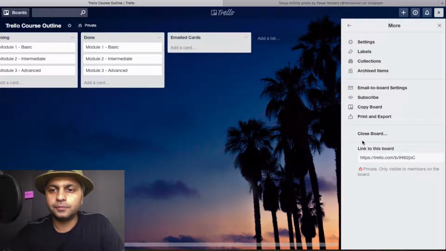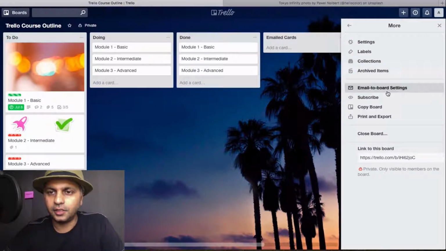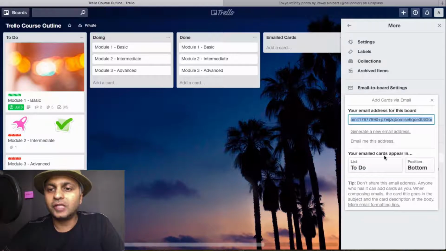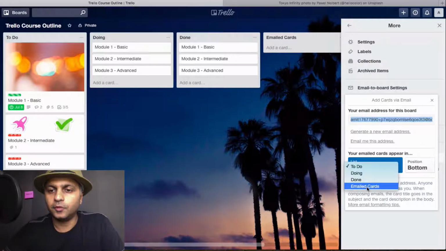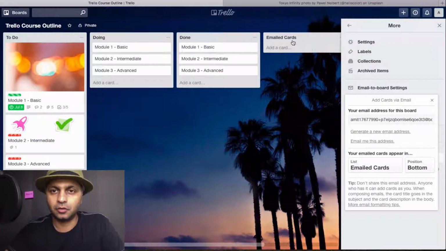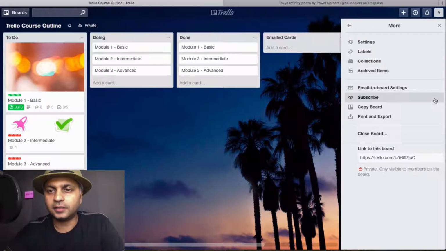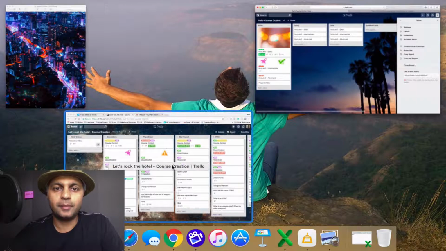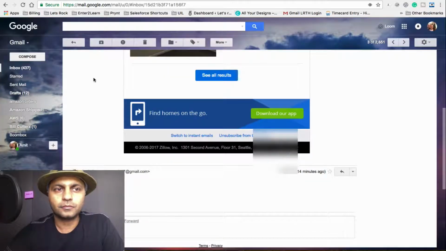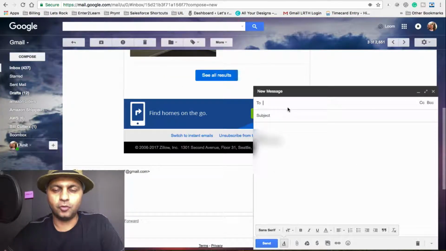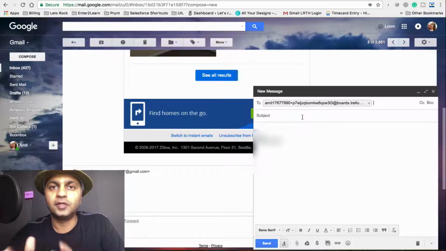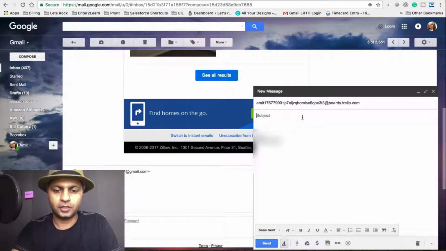So what you can do is, let's go back to our settings here, email to board settings. Trello is asking where your email card should appear. I'm going to say in this list which we just created called email cards, and it should always be in the top position. And that's it. That's how it works. Now let me show you what happens if I go to my Gmail, compose a new email, and put in that email address that I copied, which is the email address for the board. I'm going to type in a subject. This is a test at, I forget my username,